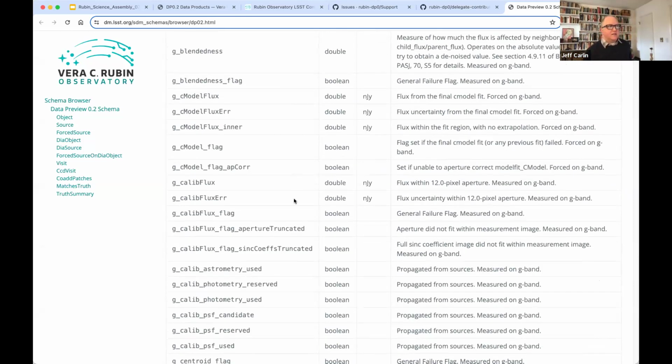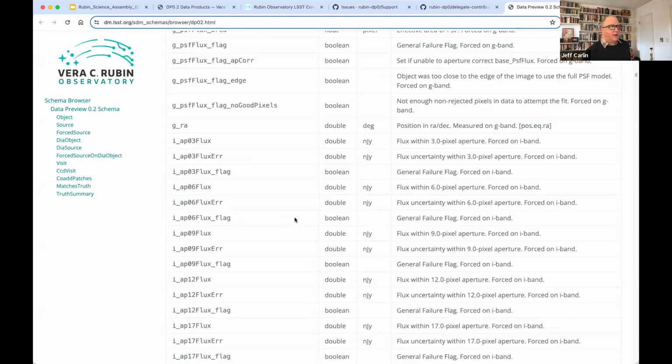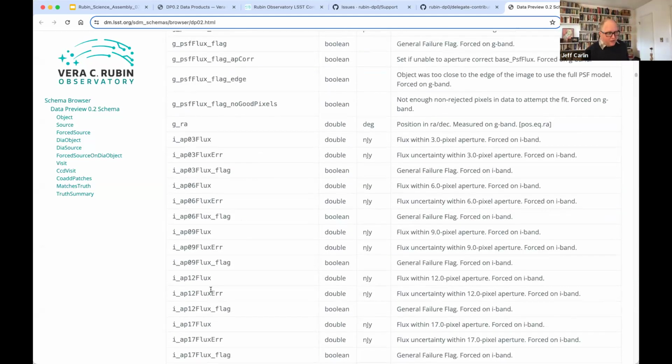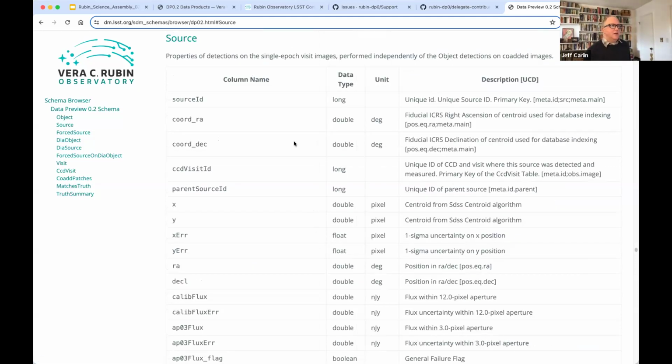And you can see in this case, because these are the coadd images, you have measurements in all of the various bands. So this is in the G band filter, and then you should have all of the same measurements in the I band filter, et cetera, et cetera. So that's the object table. You see all these other tables here. The source table is the single visit measurements.